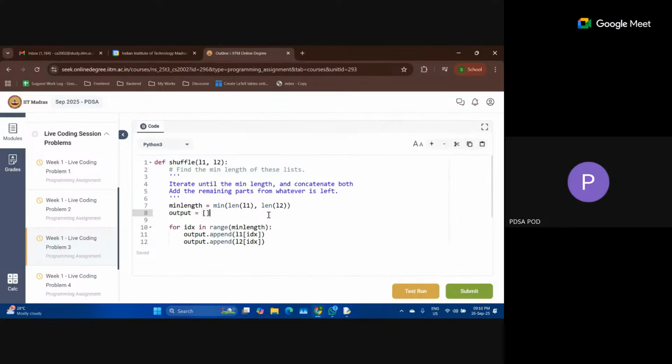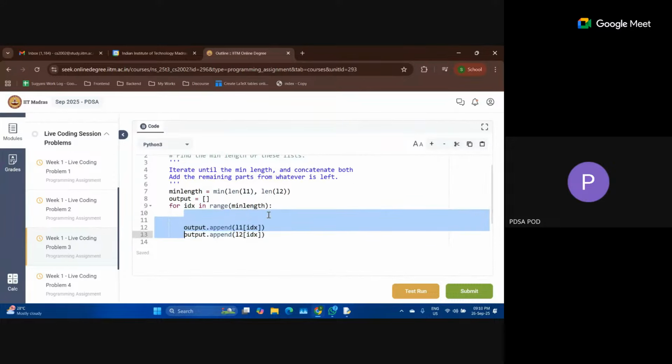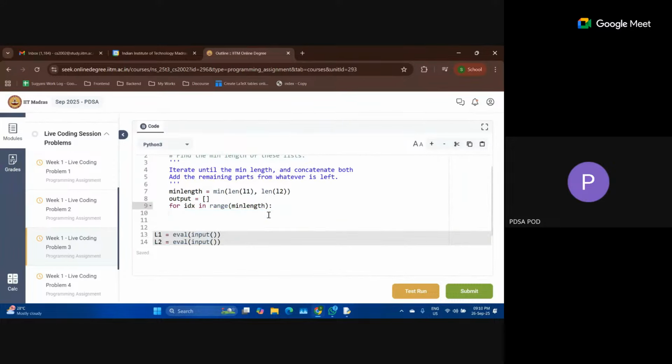The third thing I will do is, for every element in the index, I have to concatenate index wise. So that's why I will scroll over the indices. I am going to start from index number 0 and go to index 1, then index 2, and so on until min length minus 1, because min length minus 1 is the maximum index in the smaller of these two lists. So that is why I have range of min length over here. I am going from 0 to min length minus 1.